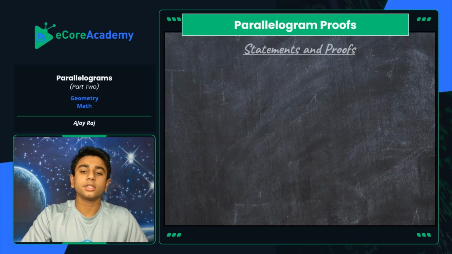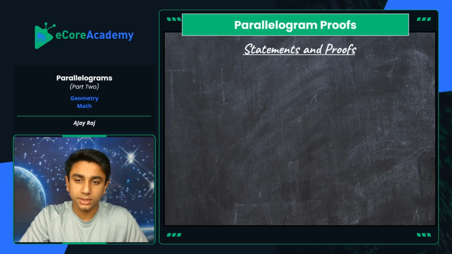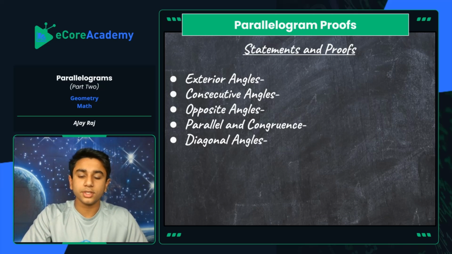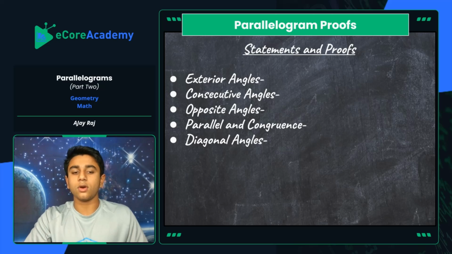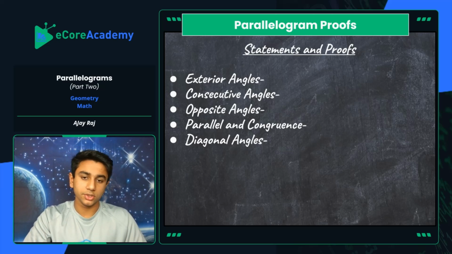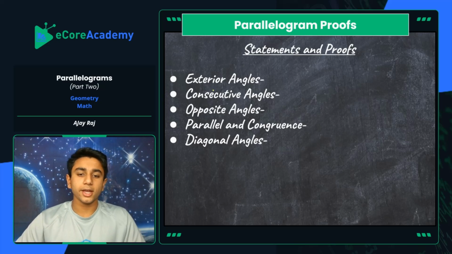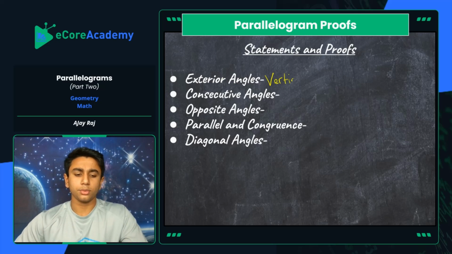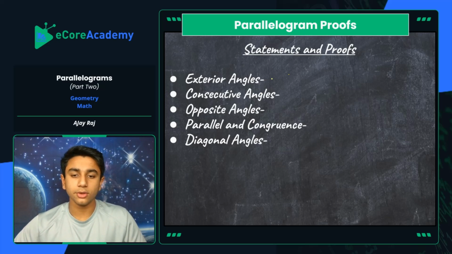Now on our final slide, we're going to have parallelogram proofs, and this is statements and proofs. So these are all the different statements that we're going to utilize as proofs throughout all of our given slides here, and I'm going to tell you each one exactly what they are. So for our exterior angle slide, we know that our proof is going to be our vertical angles theorem. Or sorry, no, that's the diagonal angles. I apologize. But for exterior angles, it's going to be the same